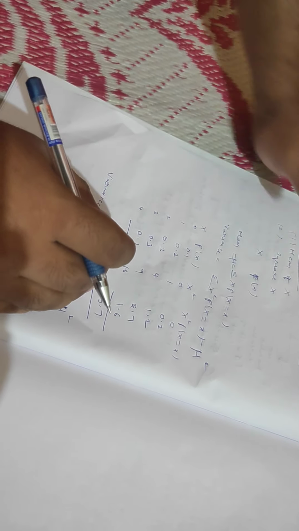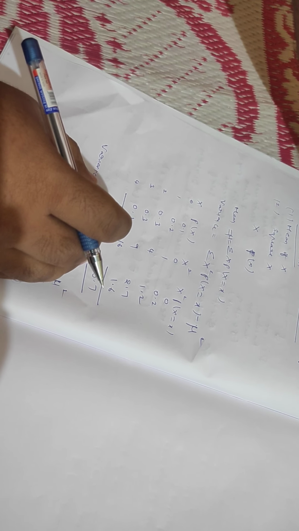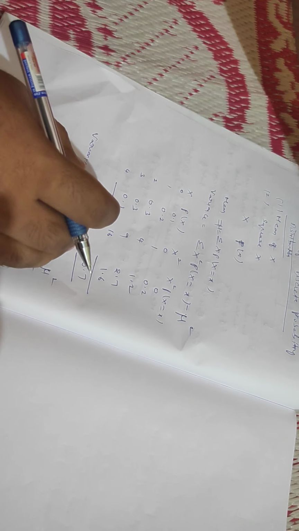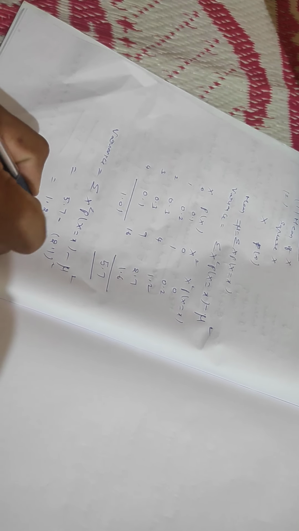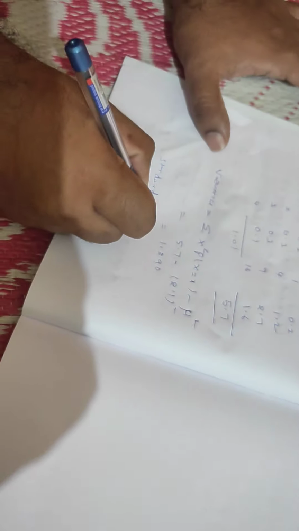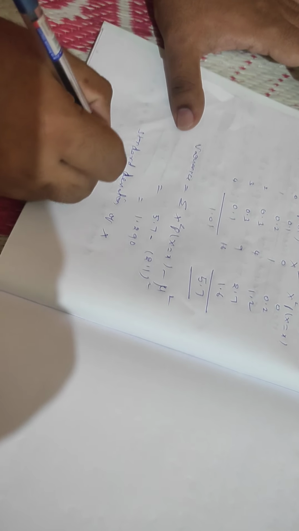So the answer is variance is 1.29. To get the standard deviation, the standard deviation of a discrete random variable x is given